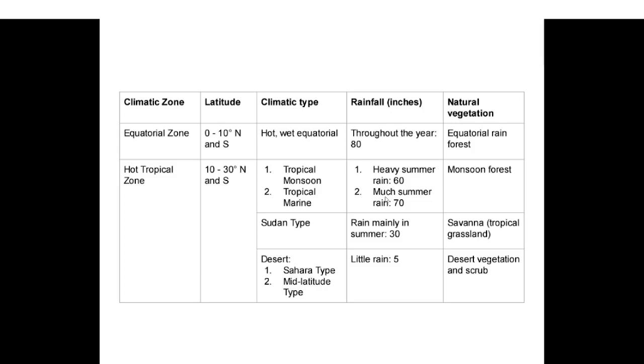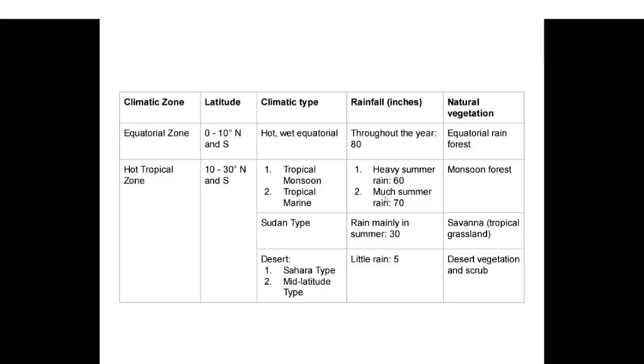Throughout the year the rainfall is 80 inches, and equatorial rainforest is the natural vegetation. The hot tropical zone lies at 10 to 30-degree north and south. Climatic types are tropical monsoon and tropical marine, Sudan type, desert of Sahara type, and mid-latitude type. Rainfall in the tropical monsoon is heavy summer rain, 60 inches, and in the tropical marine is much summer rain,